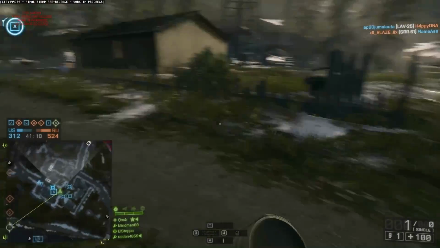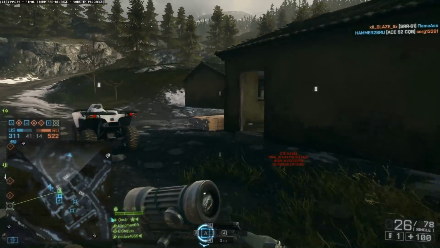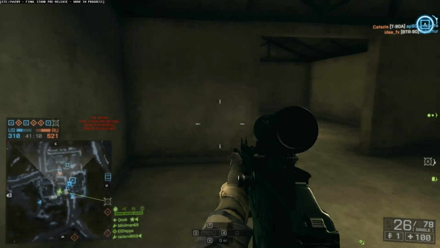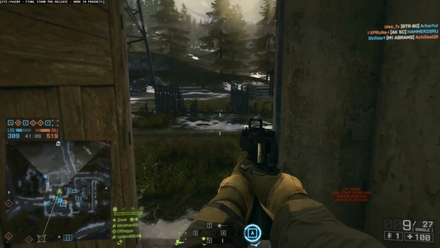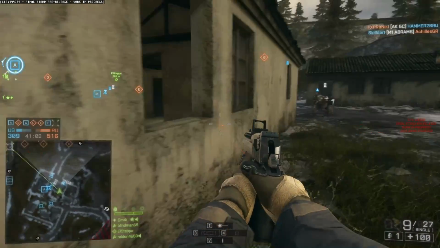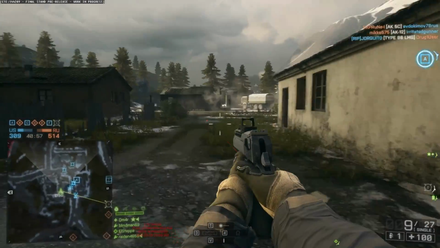Although the main problem with A is the fact that it's miles away from anywhere. It doesn't get regular traffic. You might get the occasional helicopter drop in here to capture it, but other than that, it's not going to happen. But the reason why this isn't a good infantry target, it's a vehicle target, is the area in which